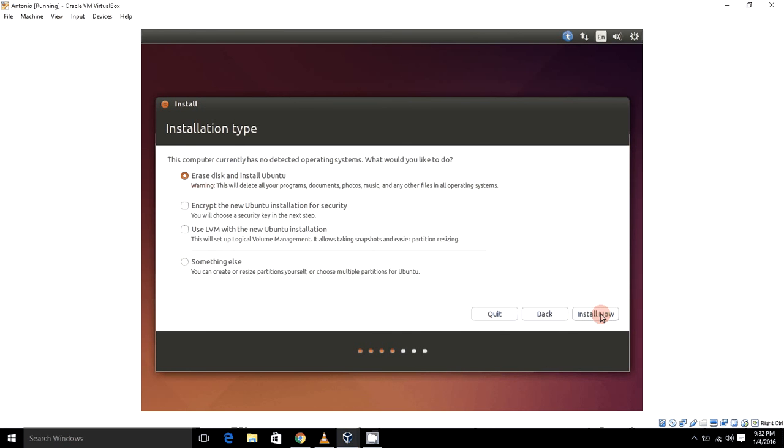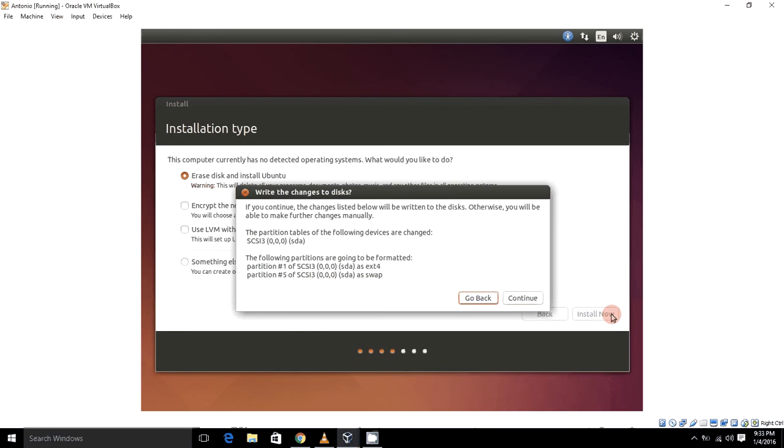This computer currently has no detected operating systems. What would you like to do? Right now it is erase disk and install Ubuntu. Because this is on a virtual machine, there's really nothing on the disk, so it's not going to really erase anything off of the computer. So you just want to install now, continue,